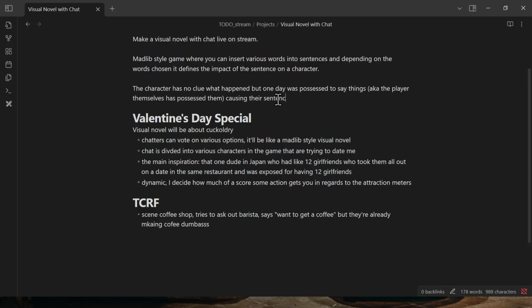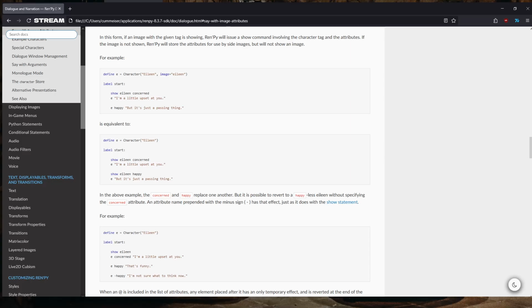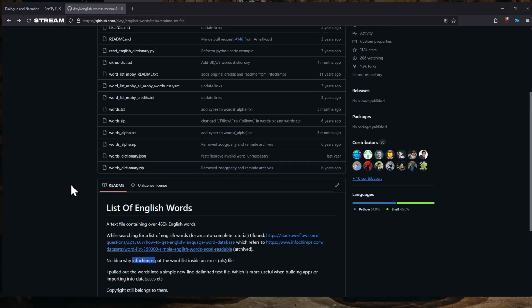causing their sentences to be filled with whatever words. And actually, this is the same concept as the Mad Lib style down here, and I can actually use this library. So I found this cool library, which is a giant list of words. A list of English words, a text file containing